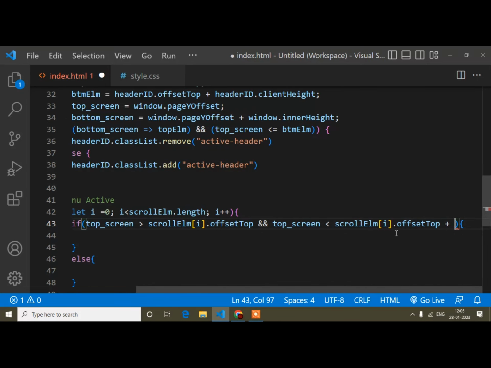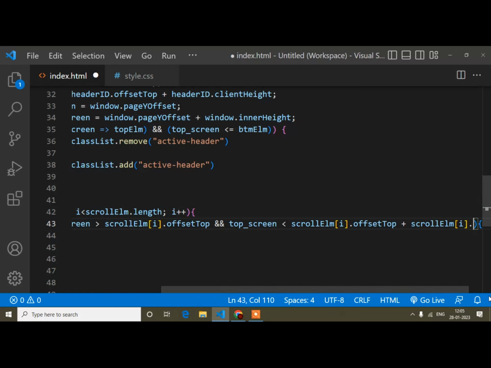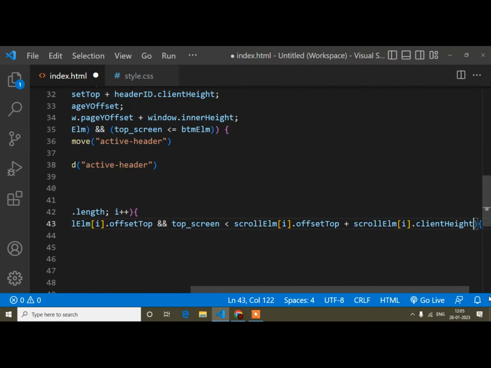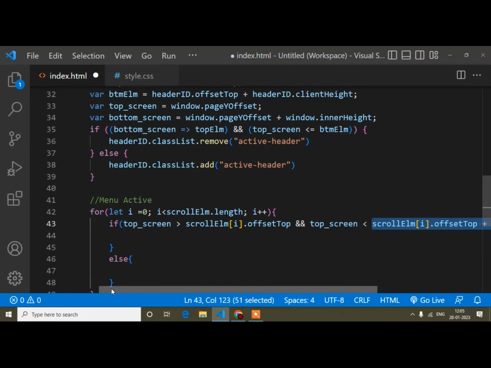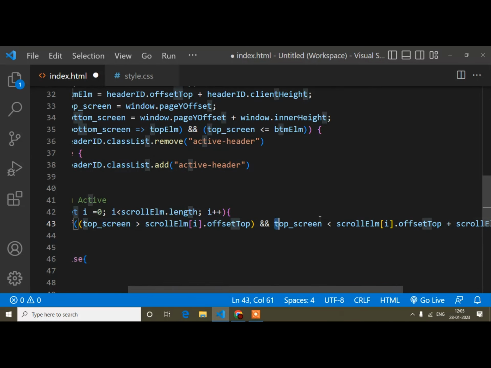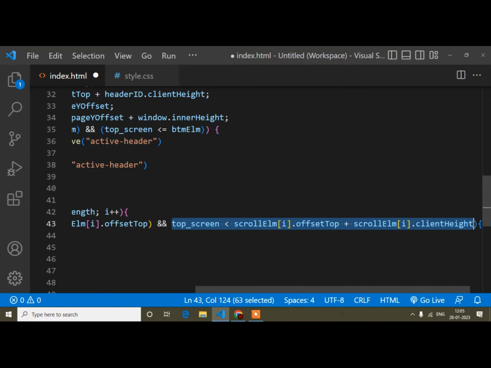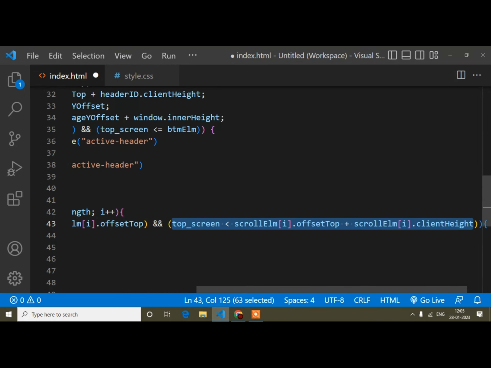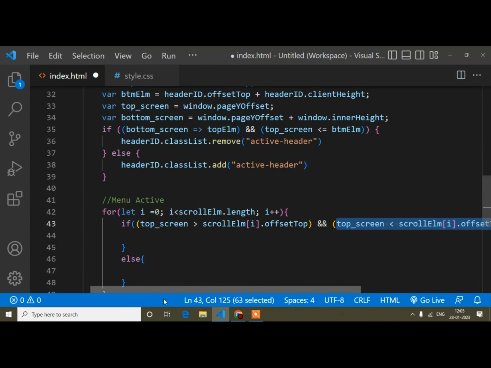Now the height of the element, so this dot clientHeight. Based on this I will get the bottom position. So what I will do now, this one I will wrap in another parenthesis, and this one also in another parenthesis, so it will be easy to understand.